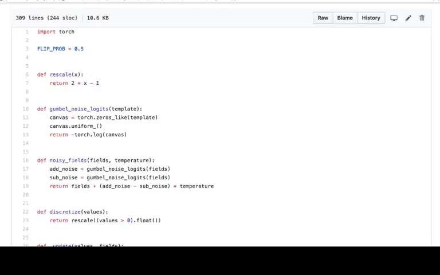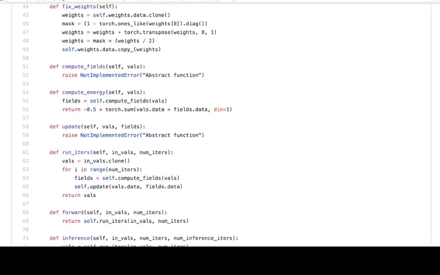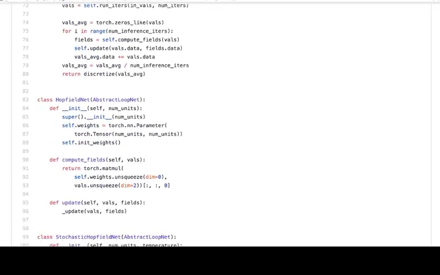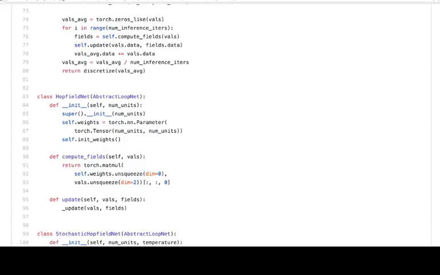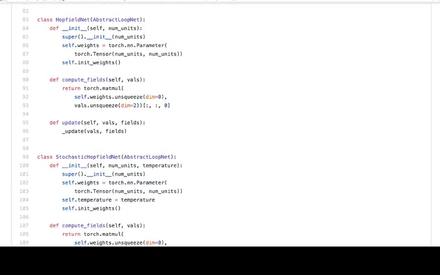Whereas with a temperature of 0, it's basically just giving you the fields directly, and so it behaves exactly the same as a regular Hopfield network. And so, any questions about how the stochastic version works? All right, and so